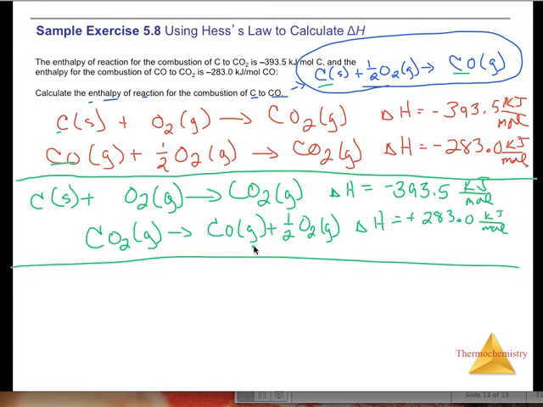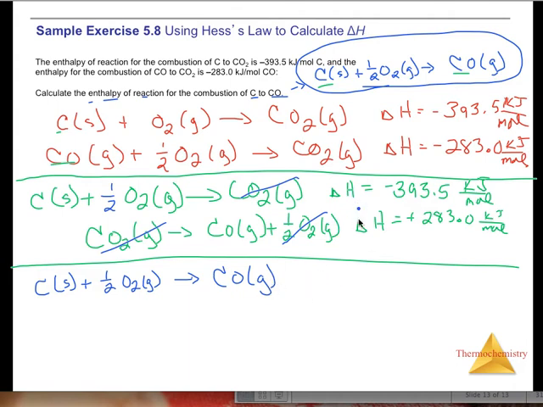When I add these two equations together, I should get this overall equation that I was targeting. If I look, my carbon dioxides will cancel. I have oxygen on this side and a half on this side, so that would make it a half. So overall I get carbon plus half of an oxygen molecule going to carbon monoxide gas, and then I just